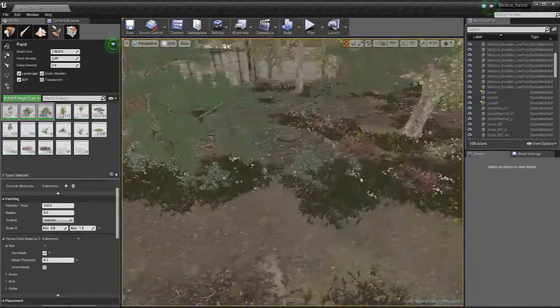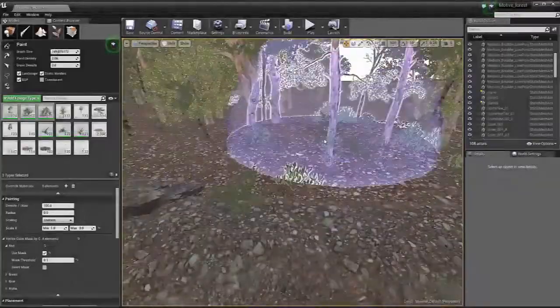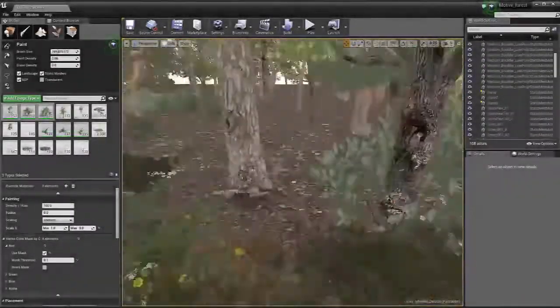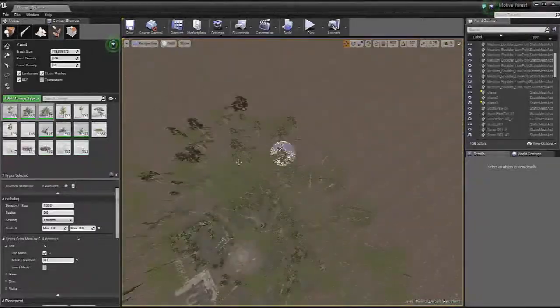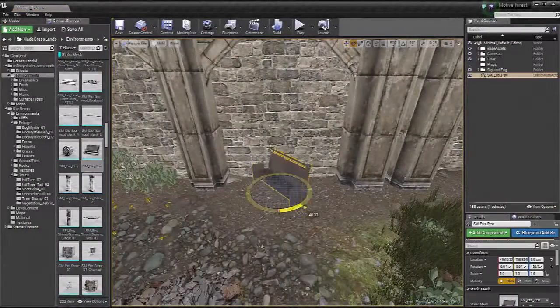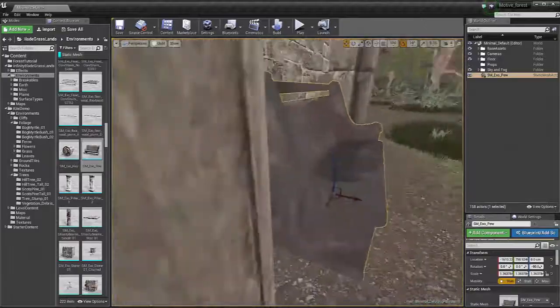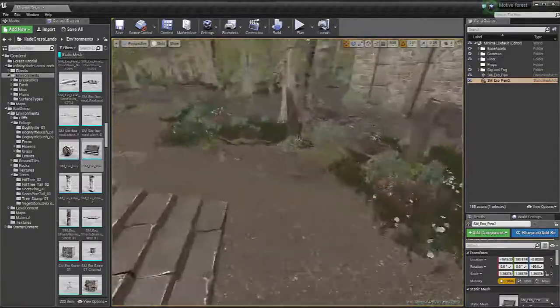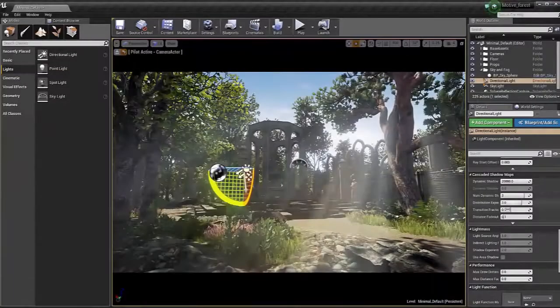We will also place some more rocks and mountains in the distance to close off our environment, and we will then finish off by placing the rest of our props, small and big, and fixing any errors or any clipping foliage, things like that. After all that is finished, we will start by setting up our final lighting, post effects